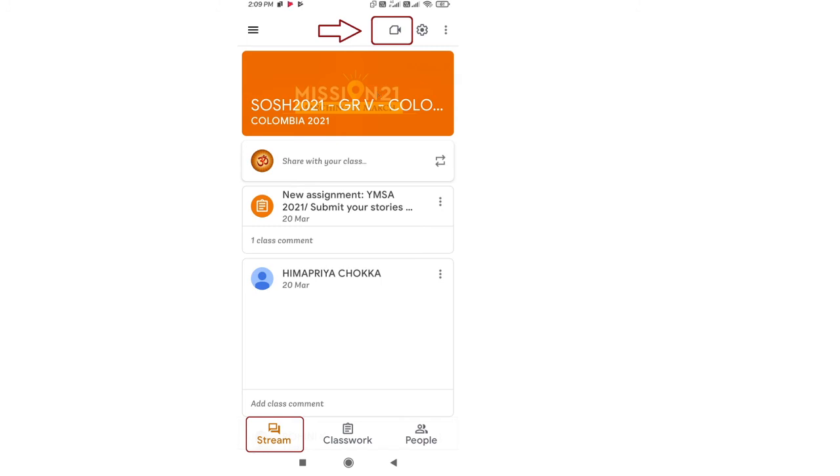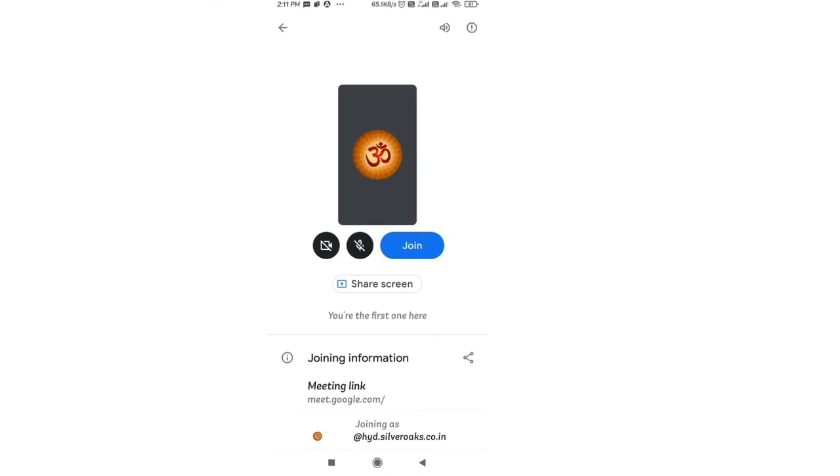Only 5 minutes. When you click on that, it will show you an option to join, and this video icon on or off, and this microphone icon on or off. Click on join. When you click on join, you will be entering the classroom and you will be interacting with the teachers and other fellow classmates.